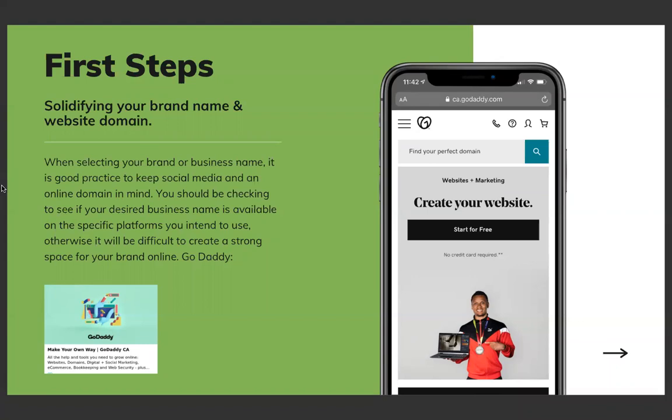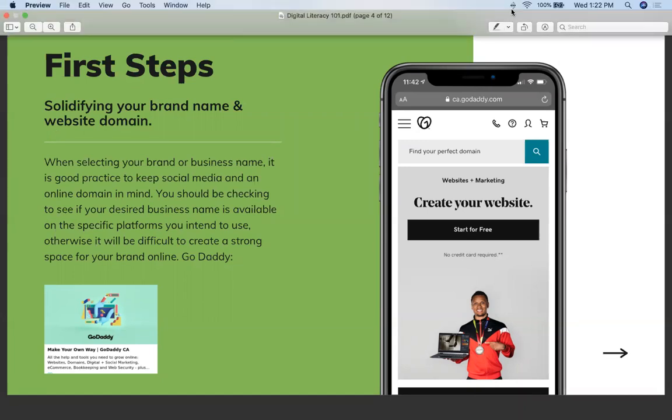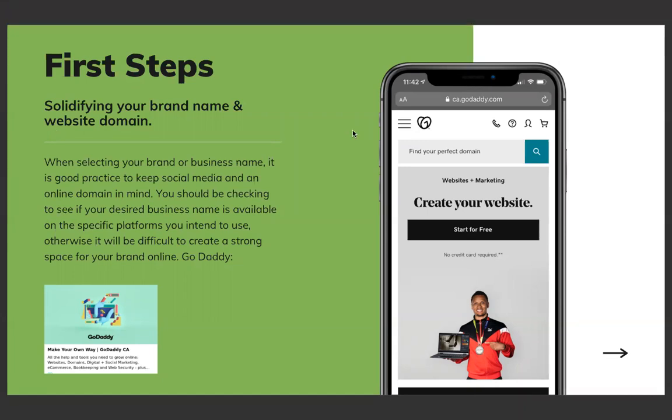So when you're selecting your brand or business name, it's a good practice, as Matt has already mentioned, to look on GoDaddy, to look on your social media channels such as Facebook and Instagram to see availability. So things that are good to keep in mind here with handles is you want something to be uniform on all of your platforms. So someone looking to find your website, whether it be from Facebook or Instagram, or even search it up online, knows what to look for, and knows what to type in on the search bar.